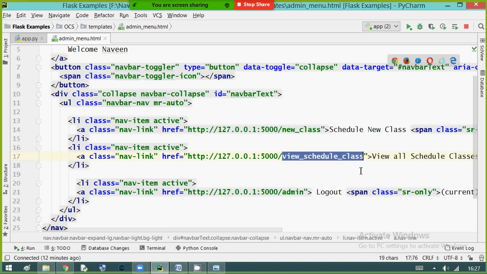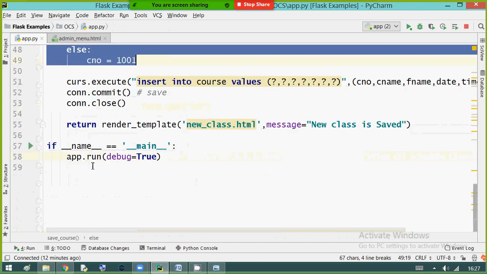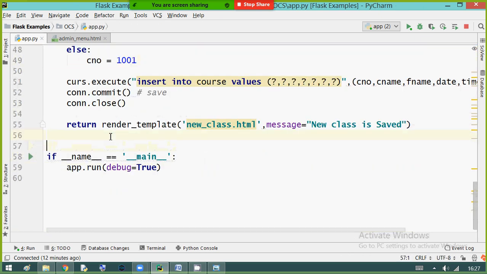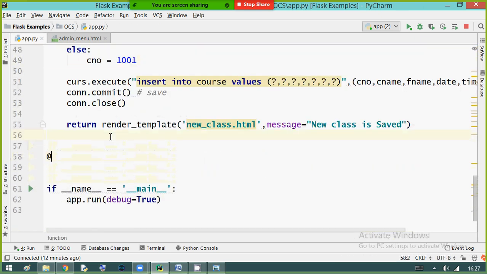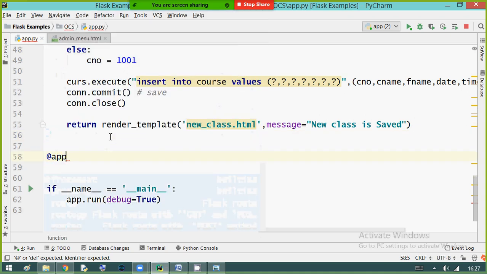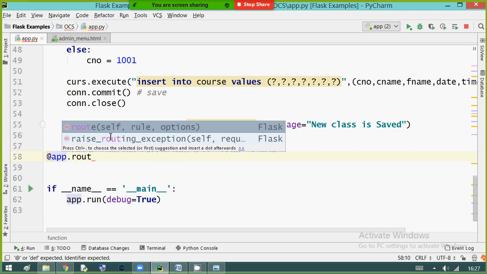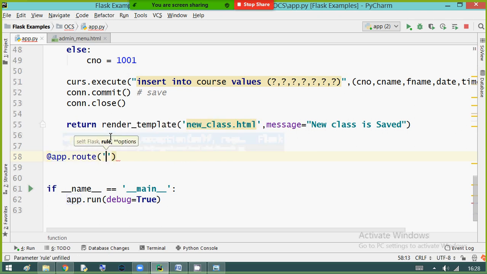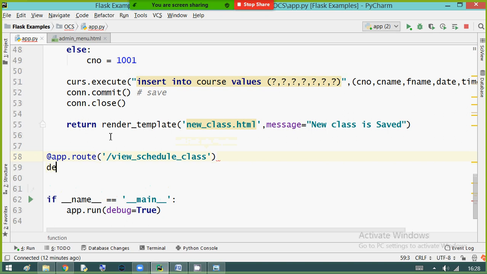I'm going to write it into app.route. Yes, writing a new function again. So defining the decorator @app.route, slash and my URL, and defining a function, giving the same name.